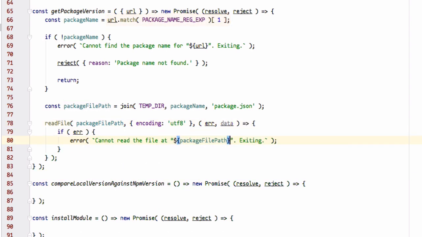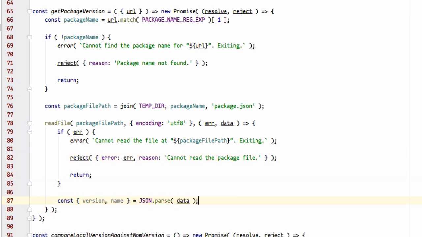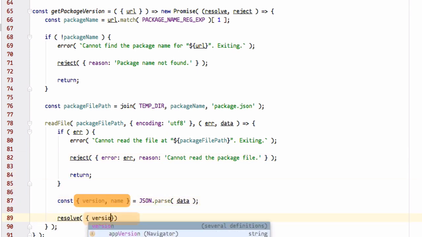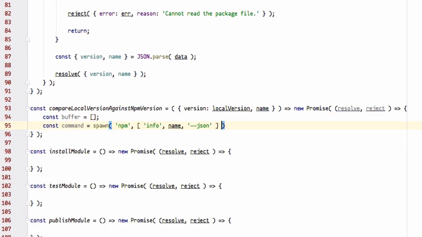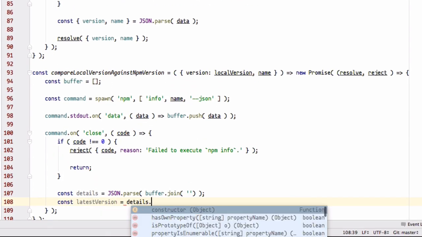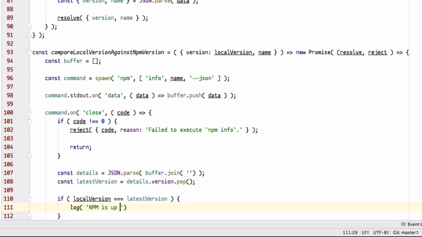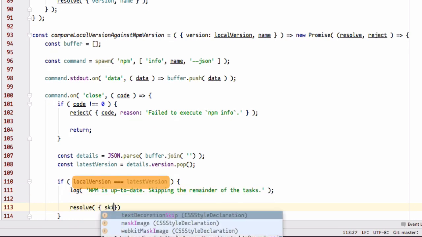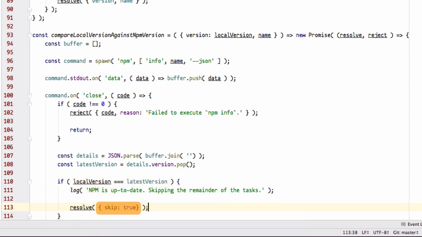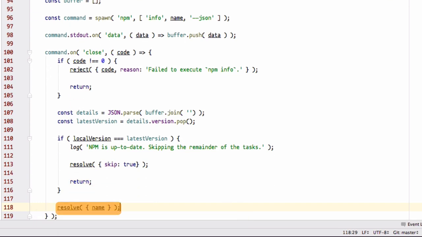In the next step, we'll first get the package name by doing a regular expression match on the URL. And then we'll read the package.json of the project inside our workspace, parse it as JSON and get the name and version number out of it, and then we'll do an npm info on our package and compare the version that we get out of npm info with the version number that we have inside the package.json. And if the remote version that we get out of npm and the local version that we get out of package.json are identical, then we'll set a skip flag to true to skip the remainder of the process. Otherwise, we'll resolve our promise with the name of the repository